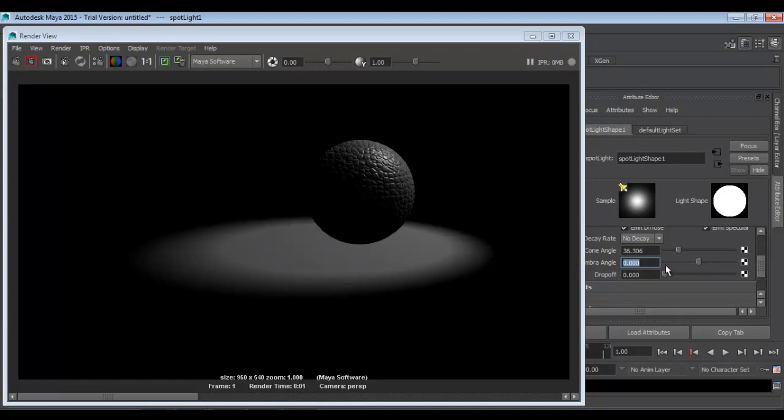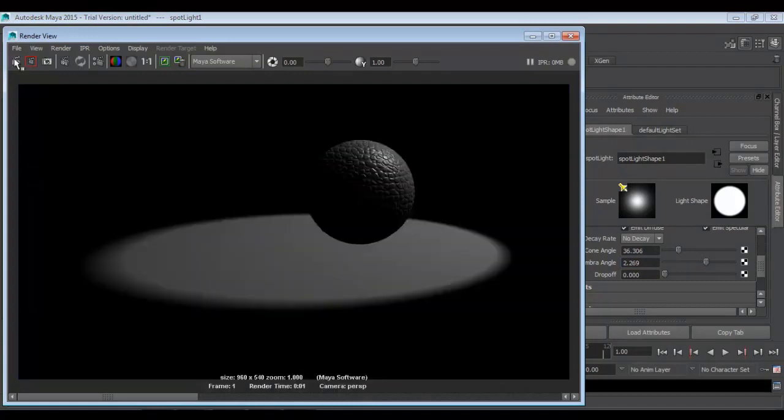The next option is drop off. What is drop off? It is nothing but the decay of that light within this specific cone angle. It will start dropping off its energy from this edge towards the center. So throughout the spot, light intensity is quite the same. If I use a drop off value of 0.5,